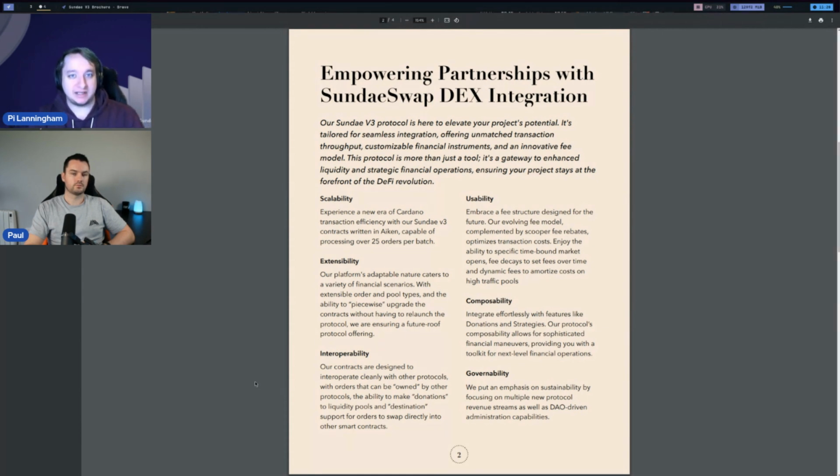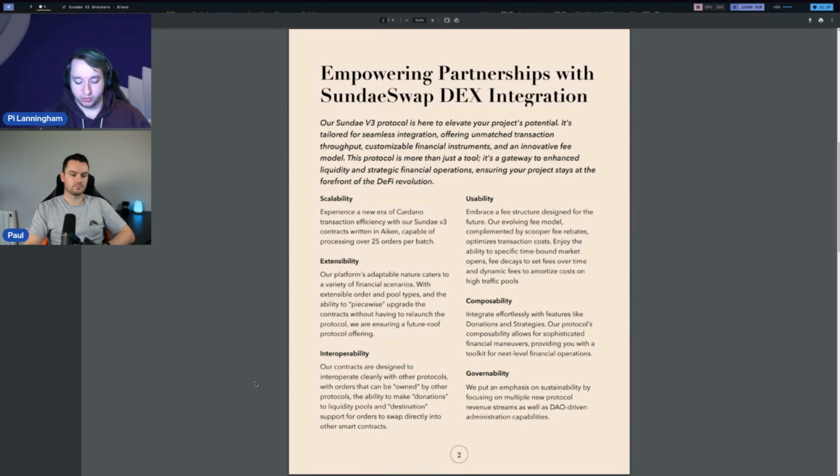And so that automatically distributes it pro rata among the liquidity providers in their pool, right? And so this becomes a really powerful primitive that other projects can consider and think about when they're building their protocols or their products. And then finally, and this is maybe the smallest but also the biggest theme, is governability.